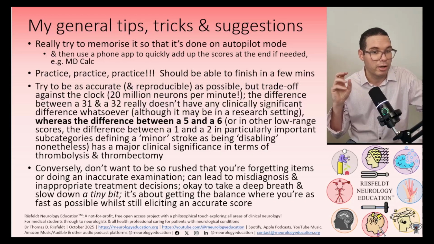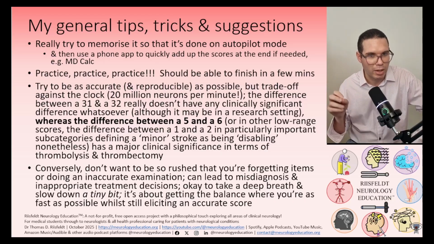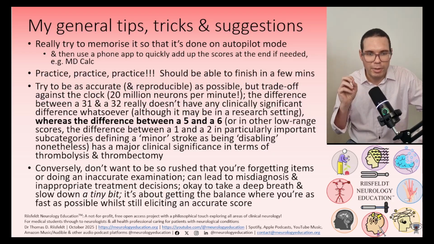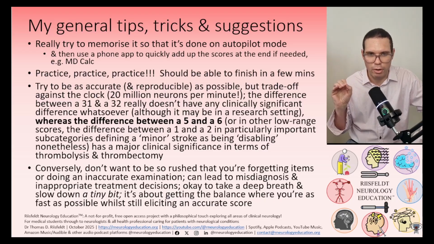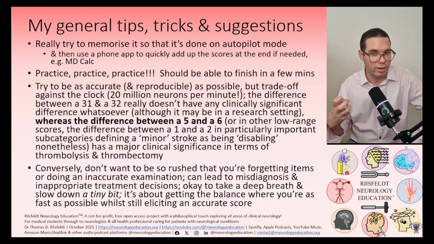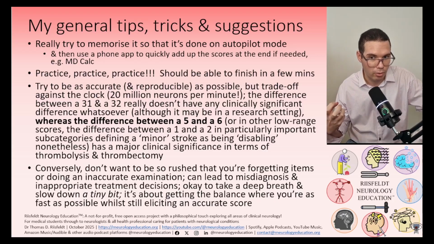1 point between a 31 and a 32 is not going to change anything. Why is that important? You need to be accurate, you need to be reproducible, you need to get it right, but you don't want to spend an extra 5 minutes doing the most perfect NIHSS assessment in the world if it's just going to change a 31 into a 32 or vice versa. So you need to make some trade-offs